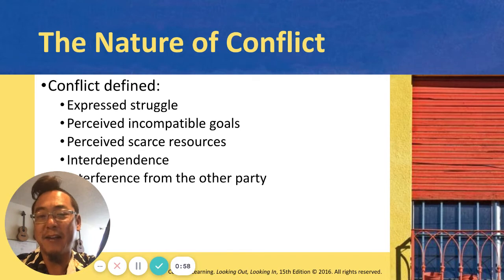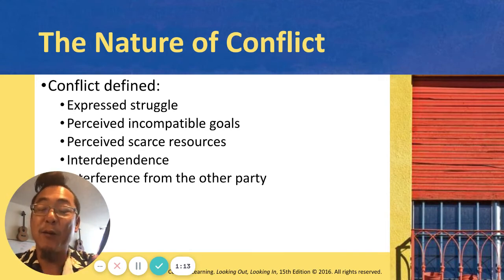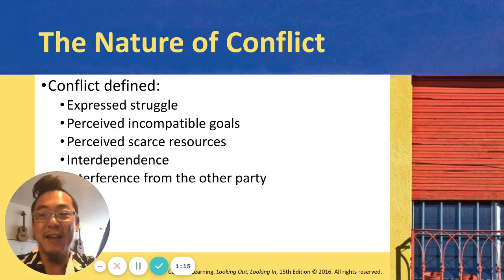Was there a conflict? A lot of times in class, we'd have a discussion about this, and students say, yes, there's a conflict with my neighbor upstairs because they're smoking or whatever. And then come to find out, maybe your neighbor upstairs is deaf and they couldn't hear you complaining. Was there a conflict? So really, if you think about it, according to interpersonal communication, at least, there isn't a